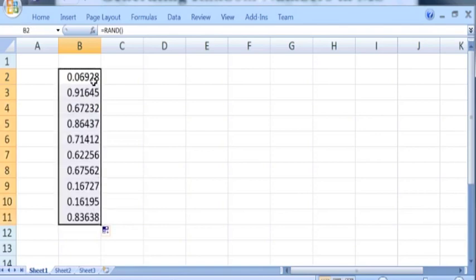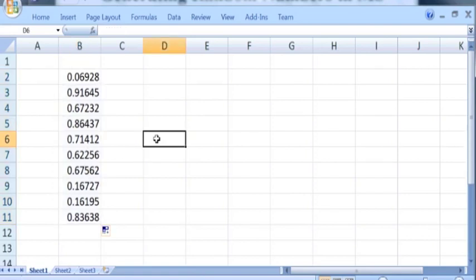So here is the list of 10 uniform random numbers between A and B. Just press Del on your keyboard. You can see that all of them are being changed. Why? Because the RAND function is used,